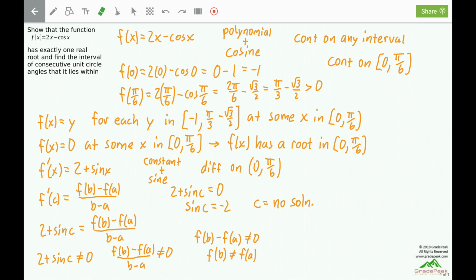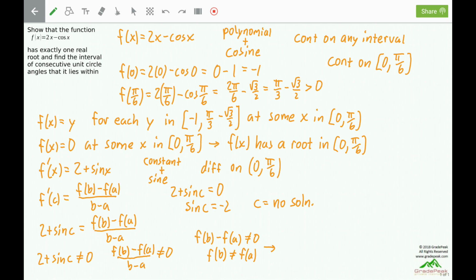This says that the function cannot equal itself at two different x-coordinates. So for a given y-coordinate, we cannot have two x-coordinates have that same y-coordinate. Now we've already established that the function does hit a y-coordinate of 0 for some x in this interval. And this down here says that it cannot hit 0 anywhere else because it cannot equal itself at two different x-coordinates. Therefore, this proves